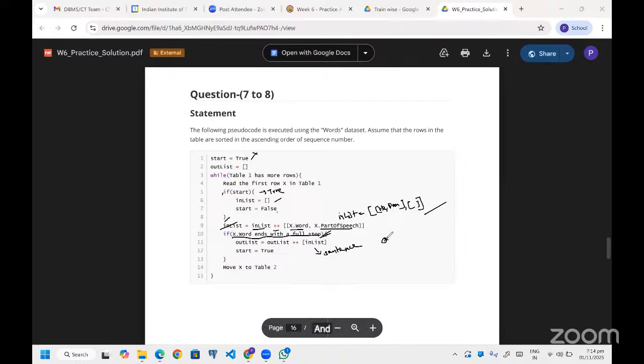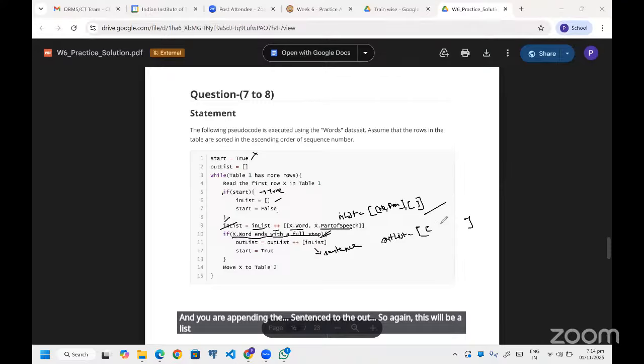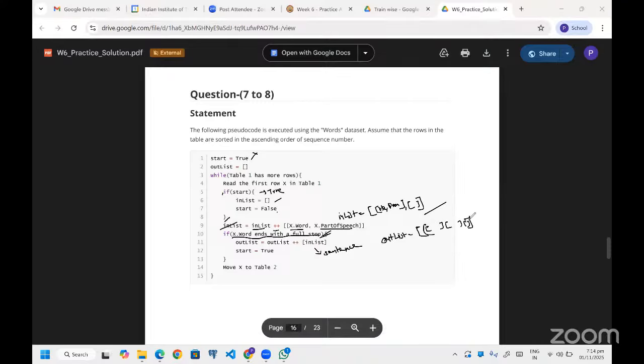And you are appending the sentence to the out list. So again, this will be a list and this will be a list of this something. So each sentence will be a list. And after that, what you are doing, you are reinitializing this start equal to true.